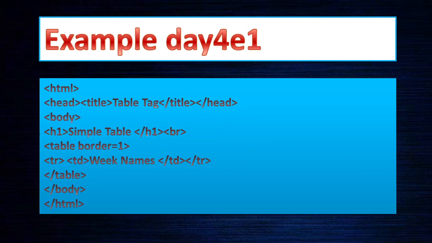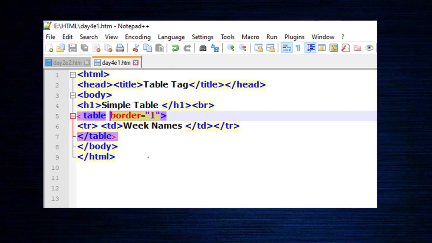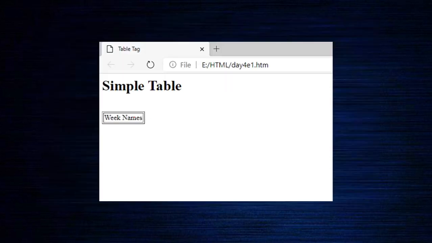Now let's put some border value. So border is equal to 1. Same file, so we add the attribute border is equal to 1. When you say border is equal to 1, this is how it looks. In the Notepad, we changed the color. Last class I explained. If you have not watched the previous videos, the links are available in the description. Please watch the previous videos, therefore you'll get a complete idea, and then practice that, then you can come to this and learn more. So here is border is equal to 1. Now save the file, and if you execute this, you can see that the border comes along this. That is border is equal to 1.